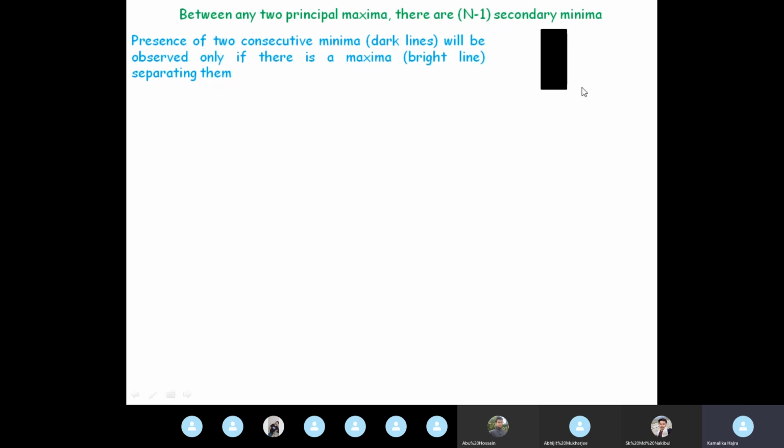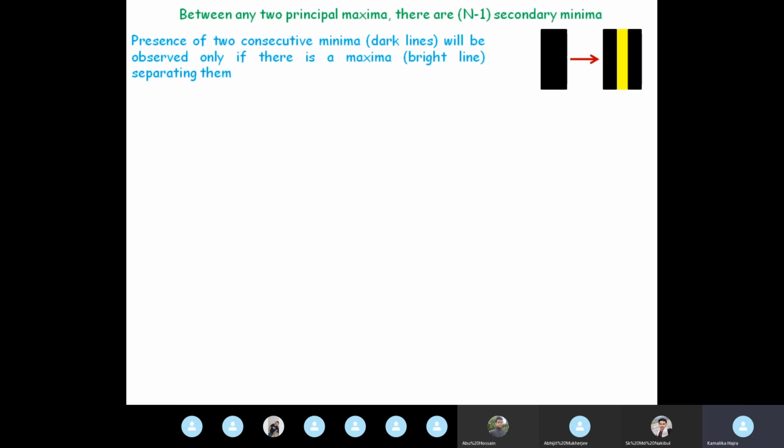Is it possible for any of us to distinguish that there are two dark lines over here? Of course, no. You can just tell me, no ma'am, we can clearly see that there is a single dark patch. How can you say there are two dark lines? We can say there are two dark lines only if there is a bright line in between them, separating them,